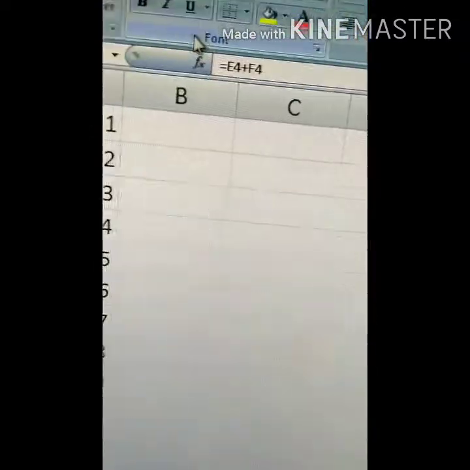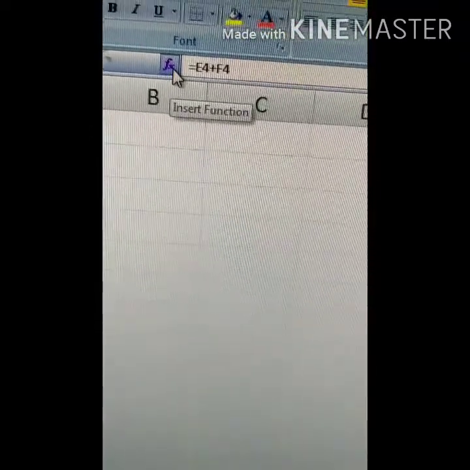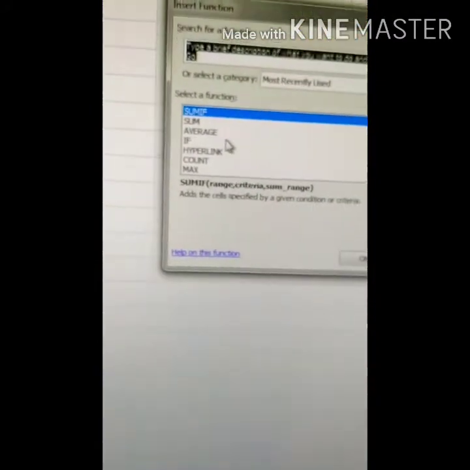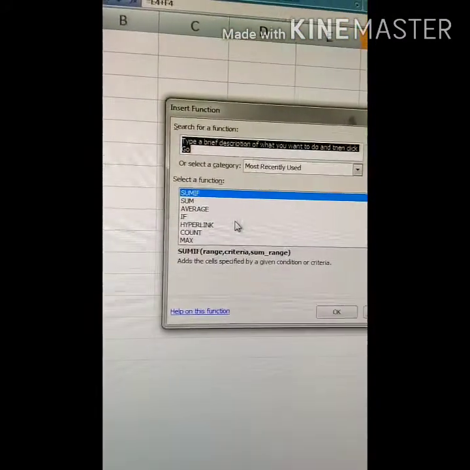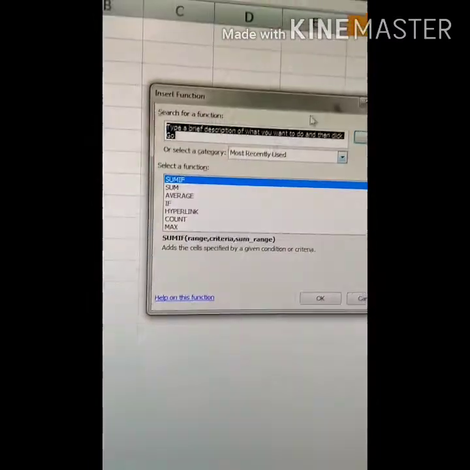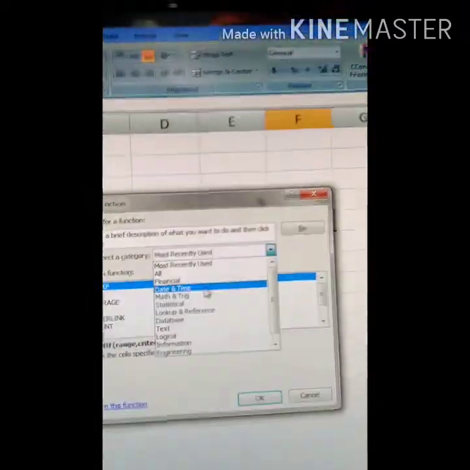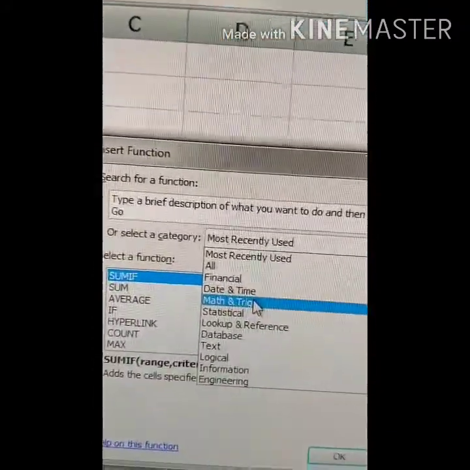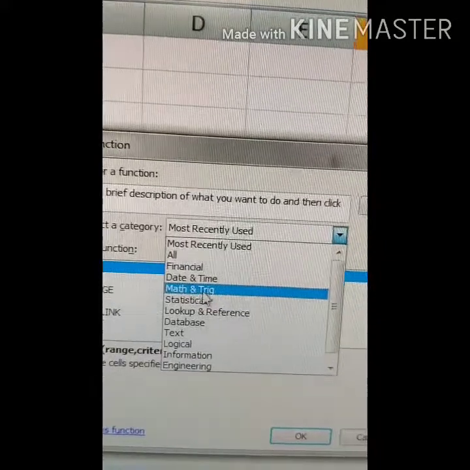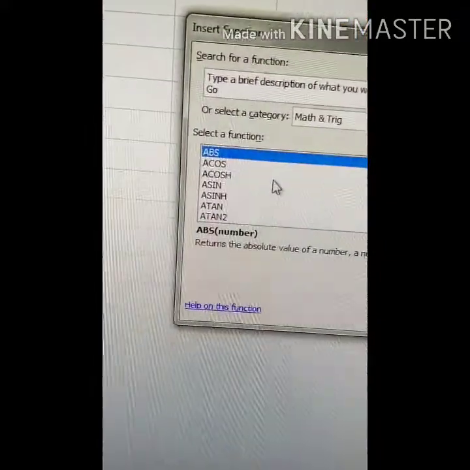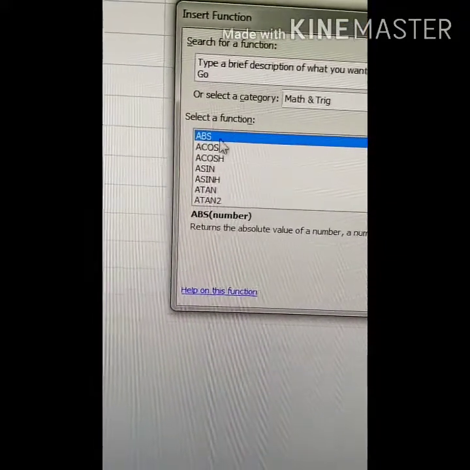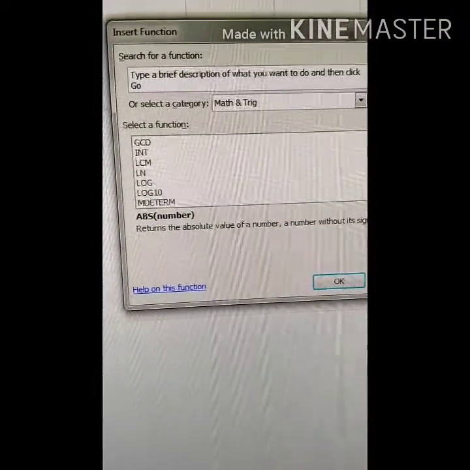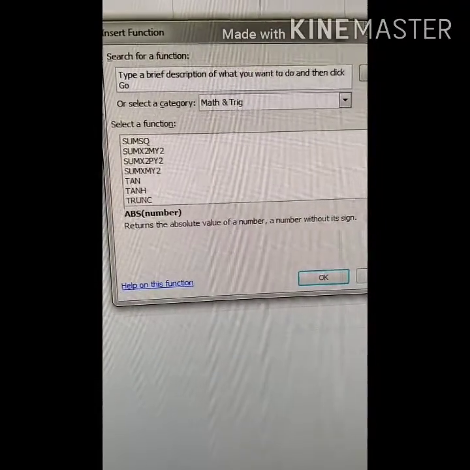So this is the formula bar, fx function, insert function. If you click here, then one dialog box will appear. In that dialog box, all mathematical functions you can see. If you click on math and trigonometry, it will show you ABS, absolute value, all the mathematical formulas are written here, you see.